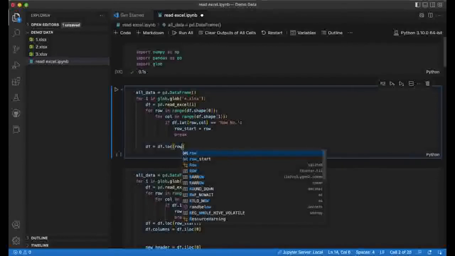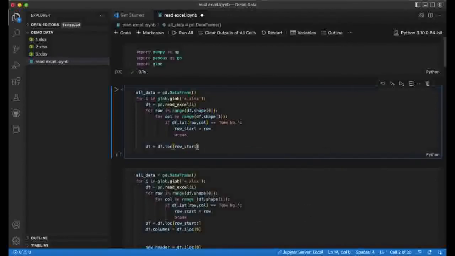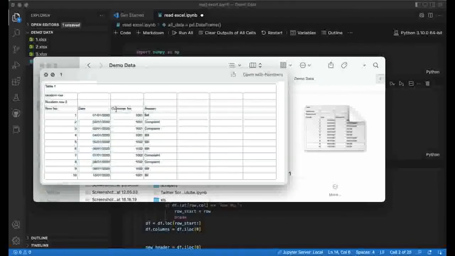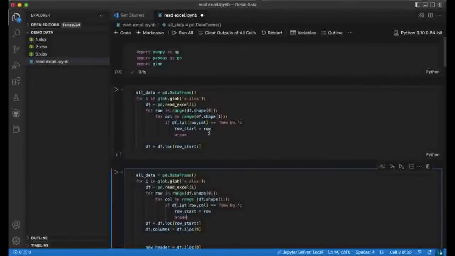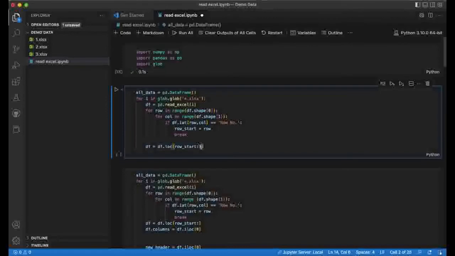So basically your data frame starts from here, and after that you need to get everything from there. So for example, from this cell, you want to take all of those cells where there is any particular value, and that's why I'm putting the colon here, so that it starts reading everything. But if you want to read any specific number of columns, you can specify there, like 3 or perhaps something else. So this piece of code will read your